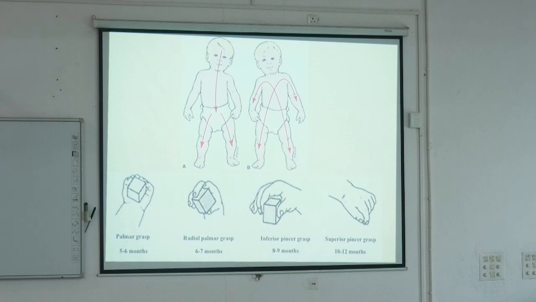So pen holding. Children play with a ball. How do they hold the ball? Like this. Hold the ball. Catch the ball, like that. So they start holding the ball very well. But when they hold a pen, it is at a very later stage. Okay. So this is how